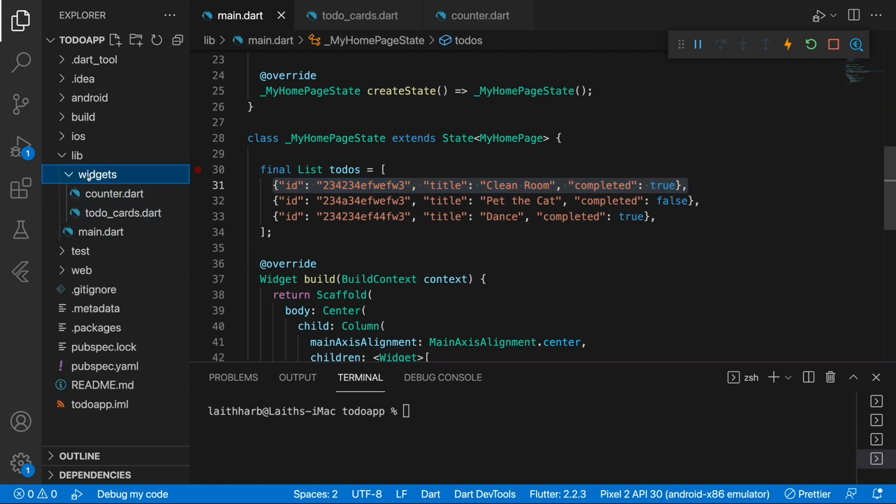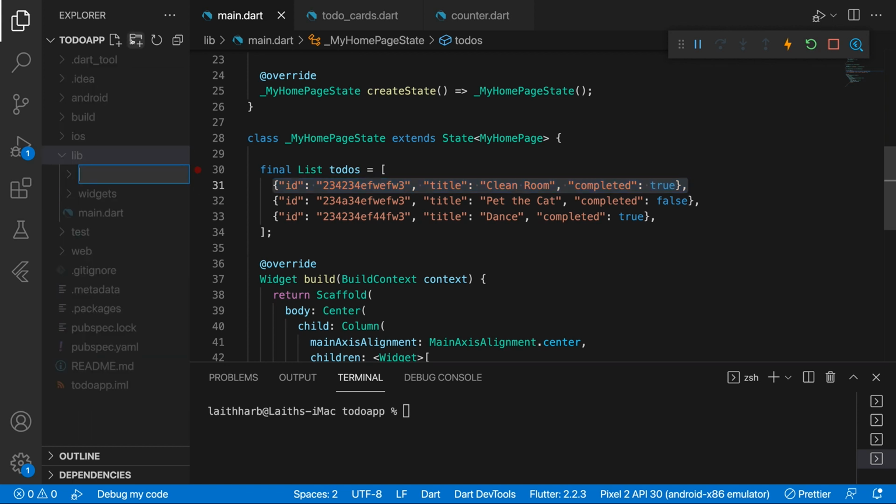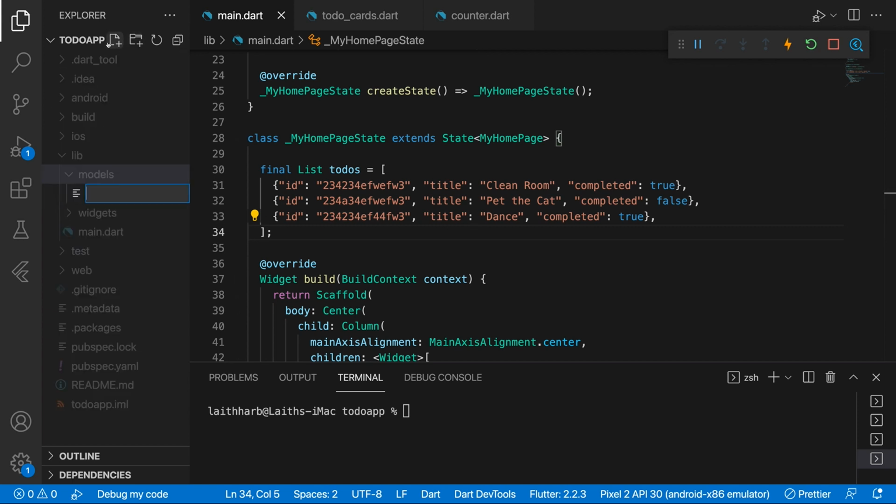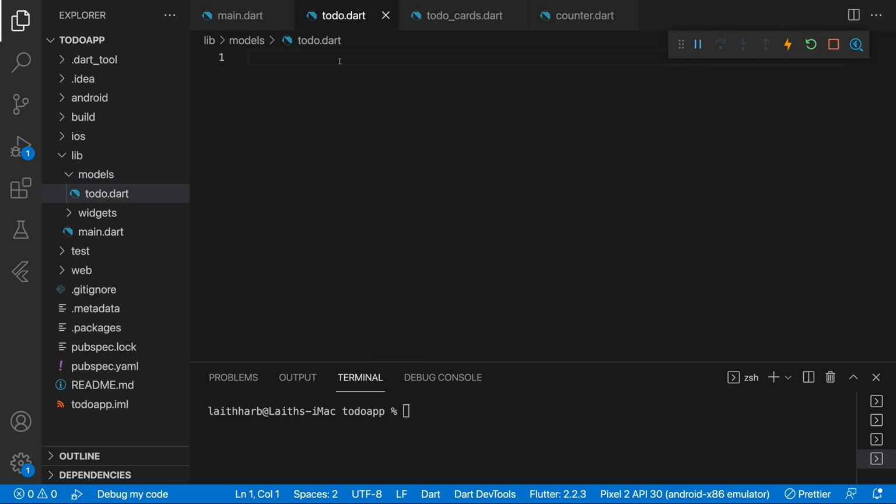So over here, inside of the lib, we can add models, and then inside of the models, we're going to add a very important model. This is going to be the to-do model. So we can say here todo.dart. Now this is going to be a class, but of course it is not going to be a component by any means. So we can say something like class Todo,